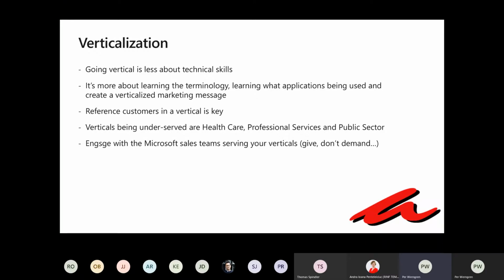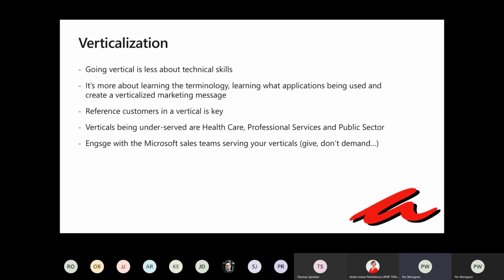And when you look at your customer base, you might realize that you are a little bit verticalized, but you have not communicated that to the market. So my advice is to discover your own verticalization.